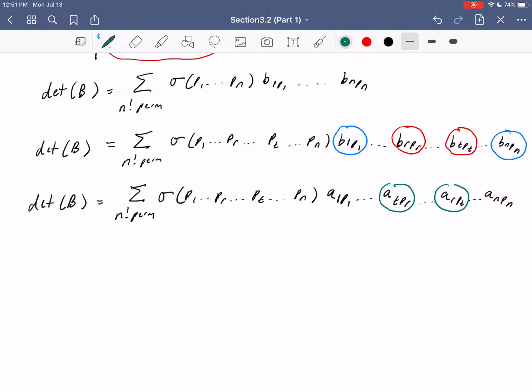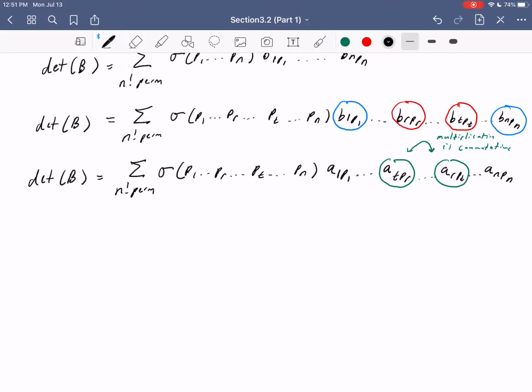We're going to take these two, interchange, and just remember multiplication is commutative. Normal multiplication, right? Matrix multiplication we know is non-commutative, but these are just scalars, so we can put them in any order we like. So we have the determinant of B is this sum over the n factorial different permutations,